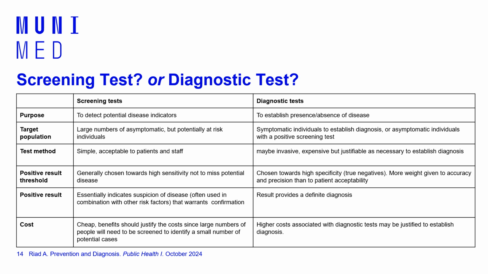Okay, and you can continue reading in order to understand the positive result and the costs that are associated with both tests, because screening tests, for example, are usually cheaper, and they're supposed to be cheaper because they target a larger group of people. However, diagnostic tests are more expensive because they are associated with a smaller number of patients. The positive result is important because in screening tests it indicates the disease presence, it doesn't confirm it, but for diagnostic tests we need to give a definite diagnosis or confirmed answer. Okay, so please reread this table on your own and revise it very well for your exam and your robot.